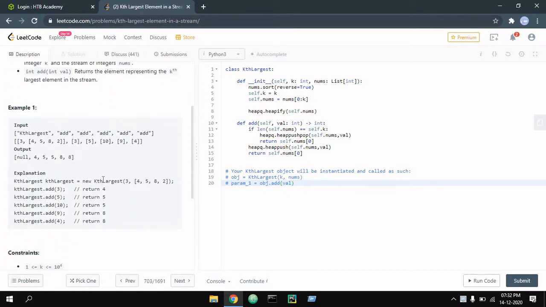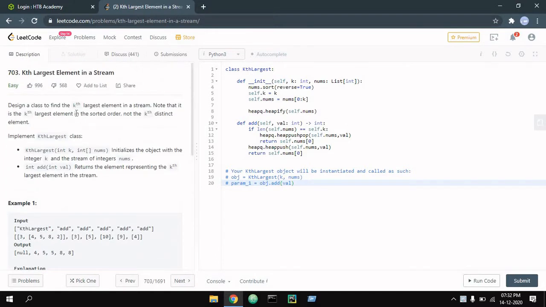I am making this video to tell that I was working on it from the day when I completed that video, and after it I thought that I should do it, and in this I got to know that there is a heap function or a heapq function, and it has a lot more to say.